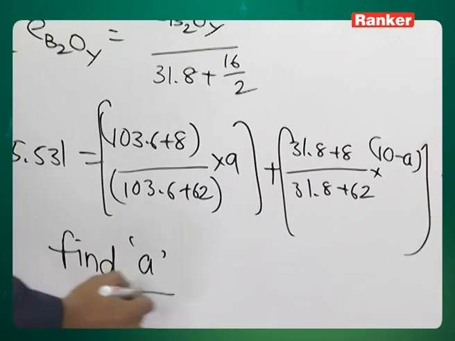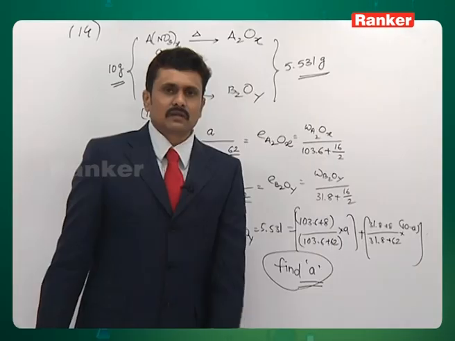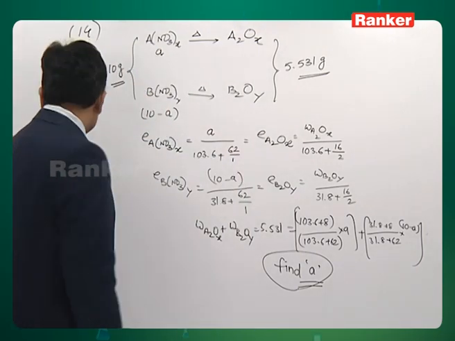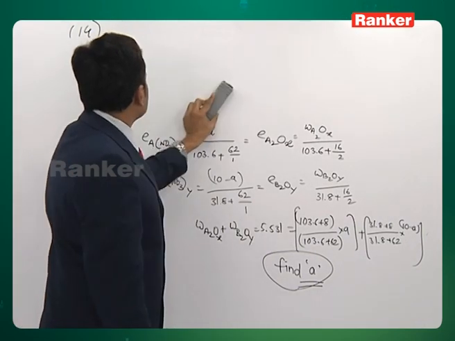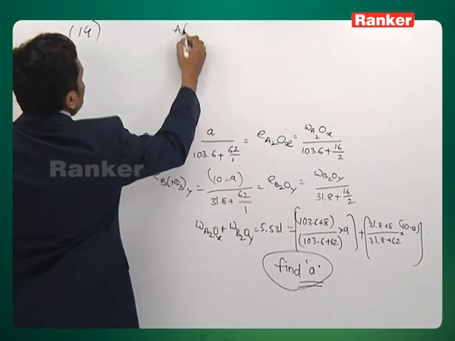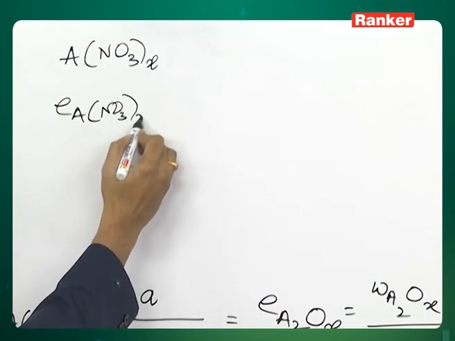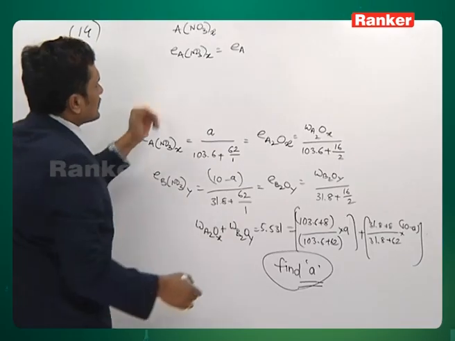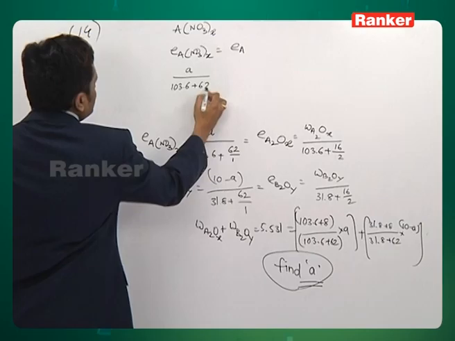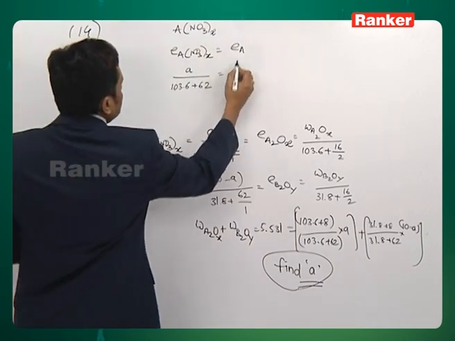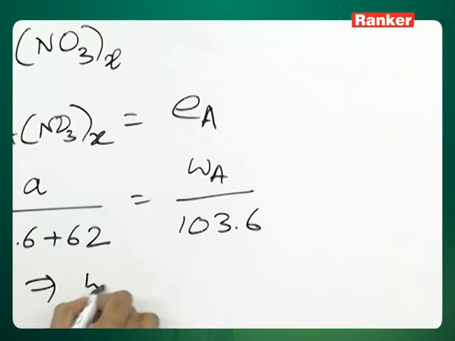After finding the value of A, the only unknown of this expression, you can see there is only one unknown, that is nothing but A. After finding out the value of A, we will be using that to find the percentage of A in the mixture, because you know that A is present only in the first compound, and you know that the gram equivalents of ANO3 taken X is equal to gram equivalents of A. Hence I will be writing the gram equivalents, that is weight of it by equivalent weight of it. These are the gram equivalents of this compound and nothing but the gram equivalents of this substance, which is equal to weight of A divided by equivalent weight of A. Hence weight of A is